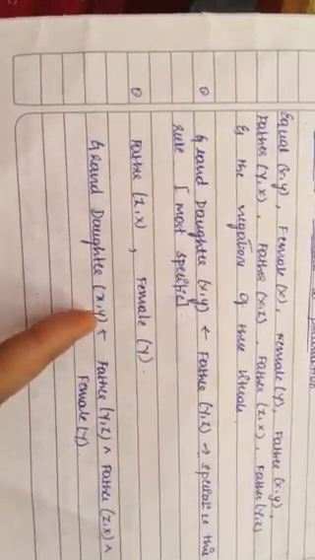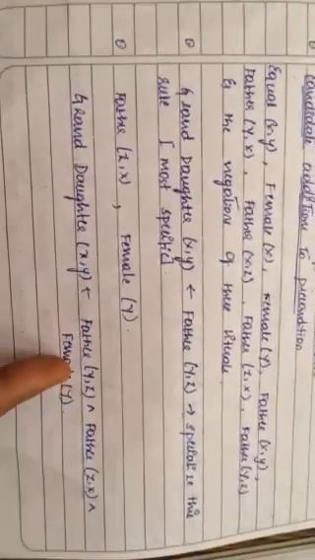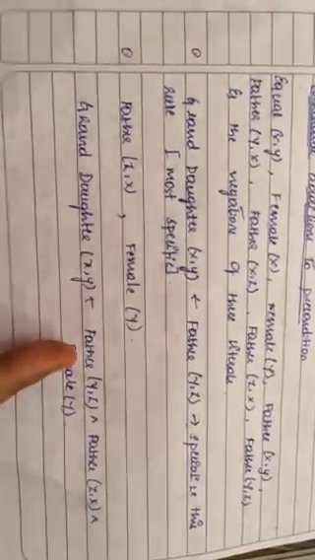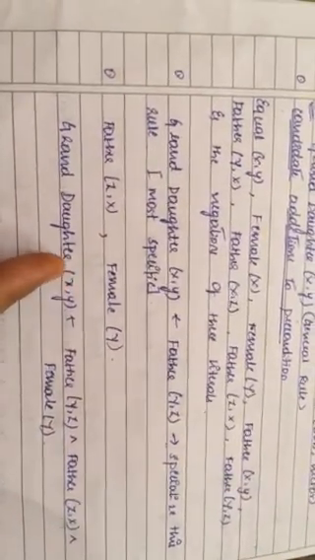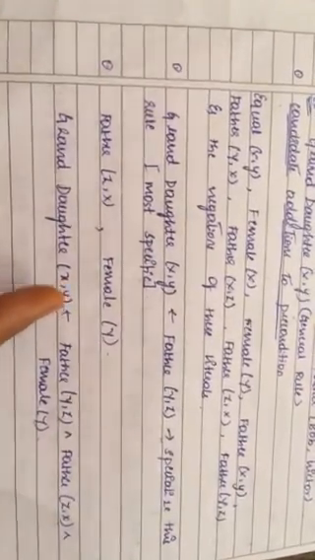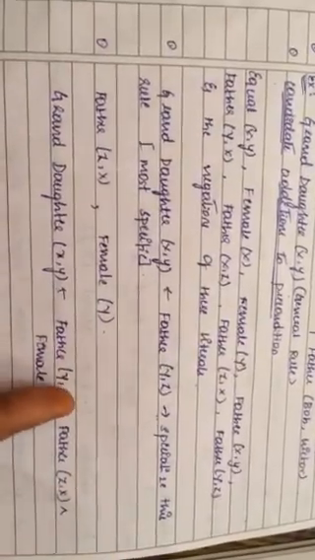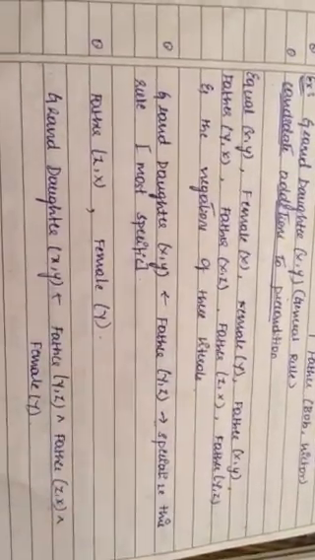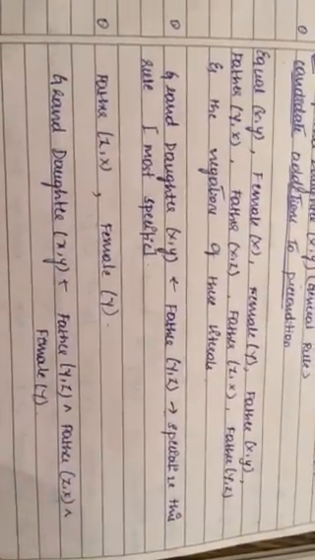We know that y is a granddaughter of x, which means y is female here, so that's why a female condition is written. Next, here I have x as a grandparent and y as a granddaughter, that is female. Now the new variable I can choose as z, and I'll say z is the father of y, and when z is the father of y, x is the father of z. The conjunction of these is formed, and we arrive at the most specific rule.